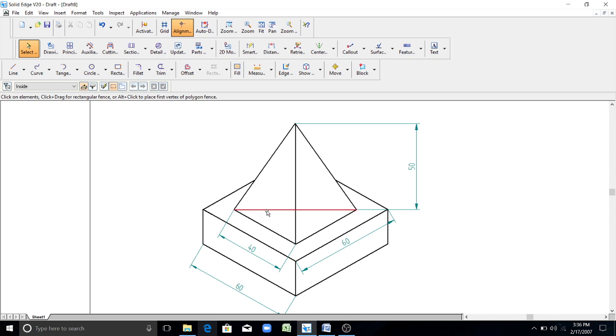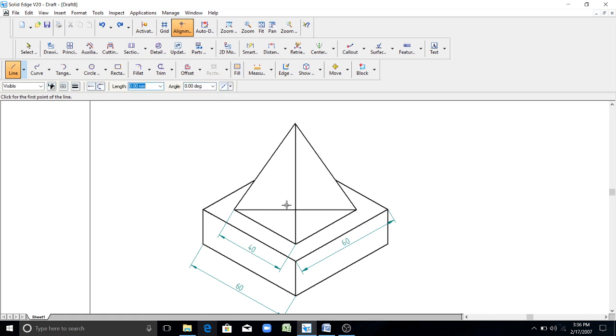So now it will not look good. So for showing the dimension, I will keep this much length of line only. I will trim the unwanted lines here.